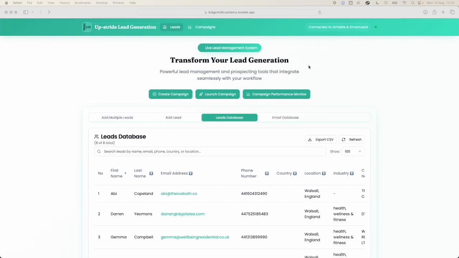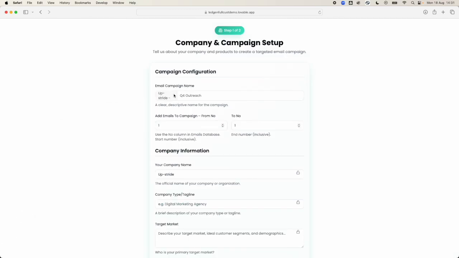So how do we do that? So we go to our create campaign, and we're going to be doing this in a way which enables us to tailor this to our business as a whole, to a certain product line we want to target, a service we want to target. We might have advantages for different products to different target markets, and we might just want to target them specifically. So this allows us to be as broad or as focused as we want,